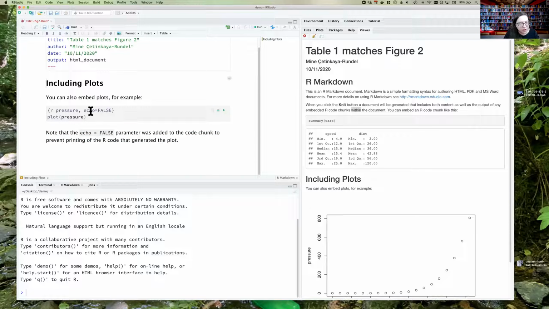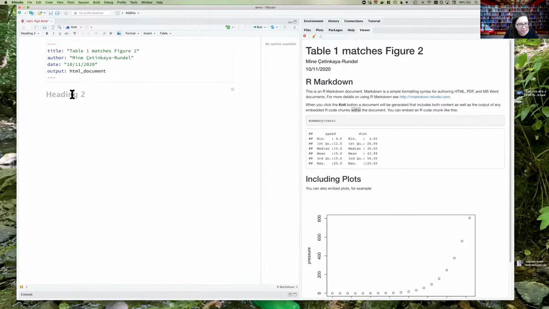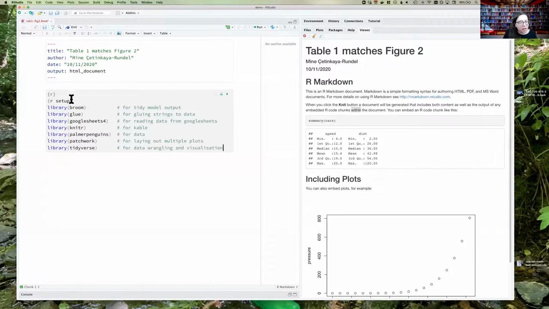This original document is nice, but it has a lot of bells and whistles that you might not need. So I'm going to start by inserting an R chunk. The way you can do that is you can basically type / which will open up this kind of widget for you to insert whatever you like. In this case, we want to insert an R chunk. And I'll add